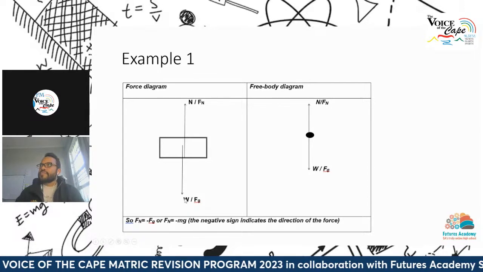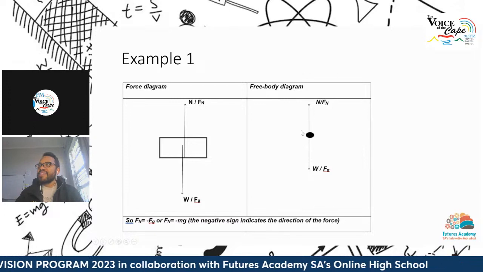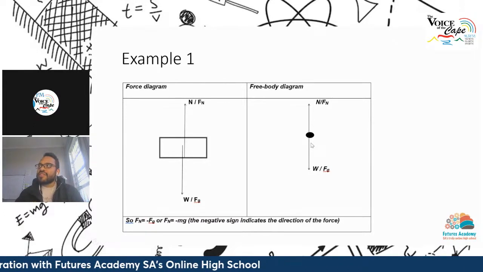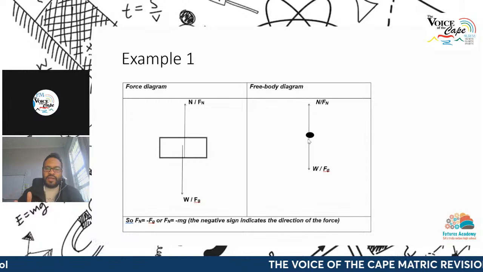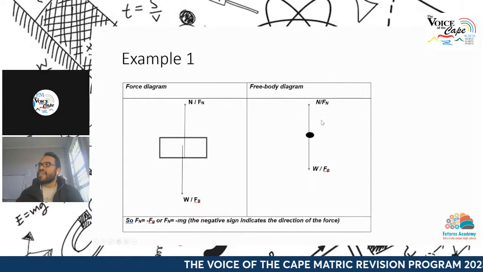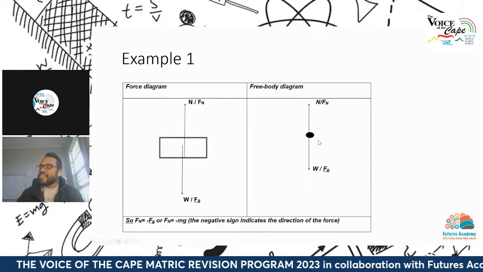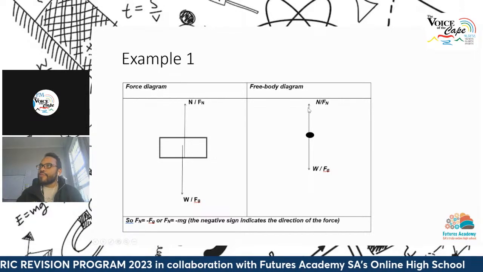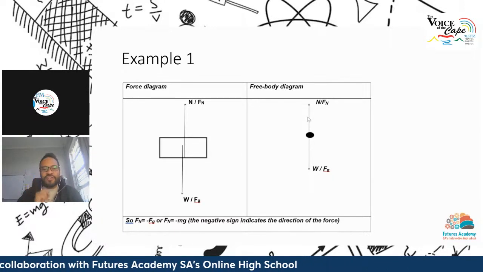So then on the right-hand side, I've got a free body diagram. Now, in the examinations, when you draw free body diagrams, there's a few important things. Number one, depending how the examiner is instructed, the marking or set it up in terms of whether things are drawn to scale or not, they may or may not penalize you with regards to the length of the arrows, okay? So remember, usually the length of the arrows determine the magnitude of the force.